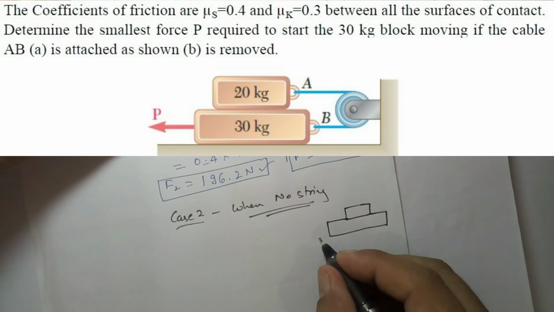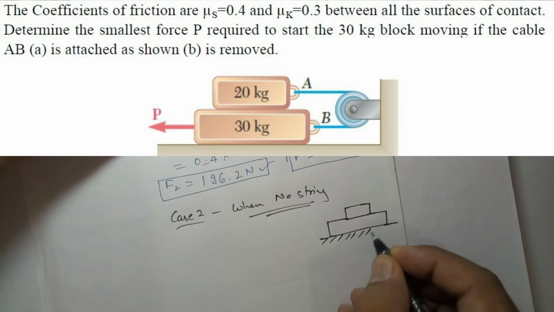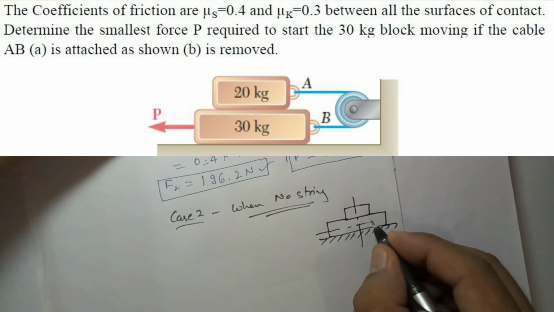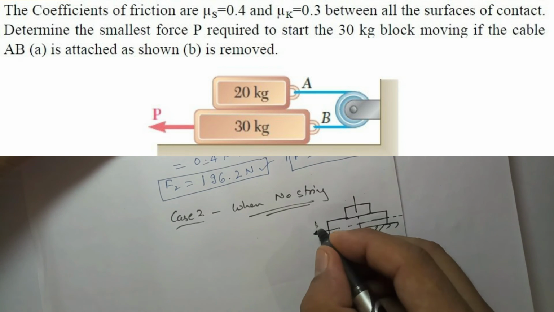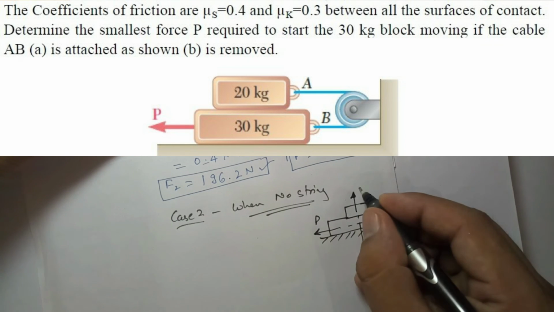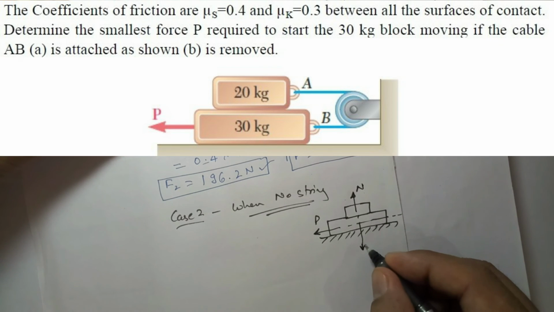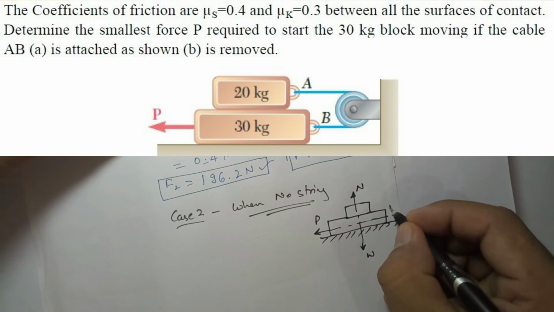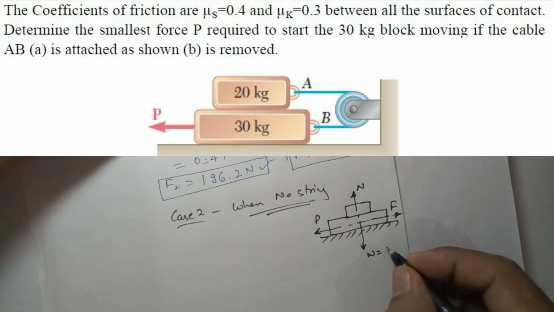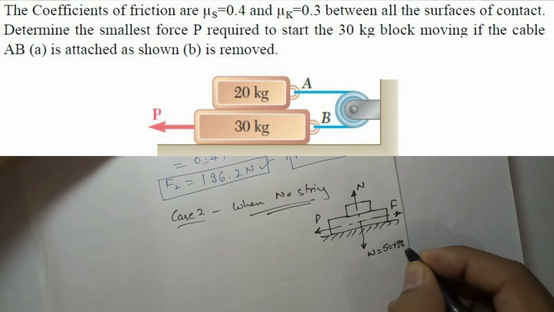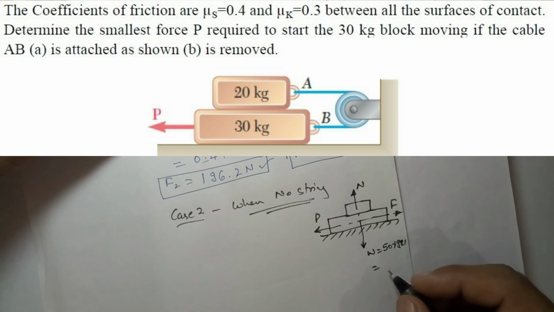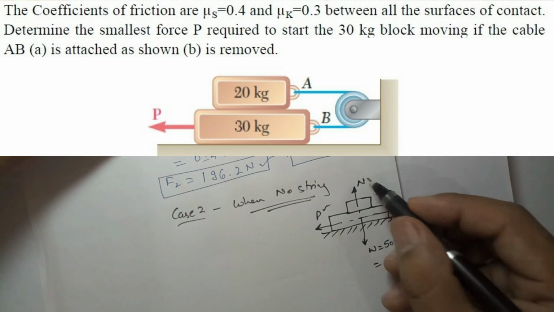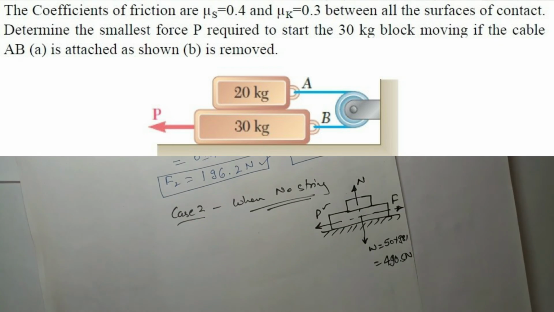These are the two bodies, if you remember, 30 kg and 20 kg resting on the surface. This is the x-axis and y-axis direction. We have only the P force in this direction. This is the normal reaction, which will be due to the weight of both. The weight is now 50 kg, and this is the force of friction on this side. The weight is 50 into 9.81, so the value is 490.5 Newton. We have to calculate the P force; the normal force is opposite to this, and the friction force we can calculate.